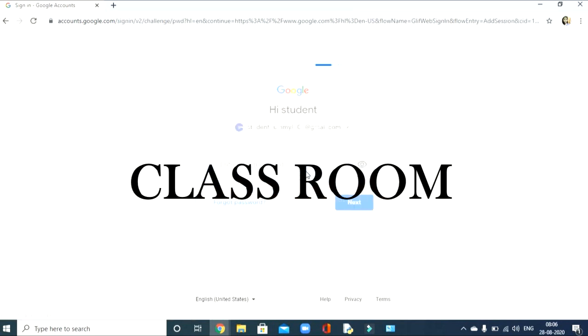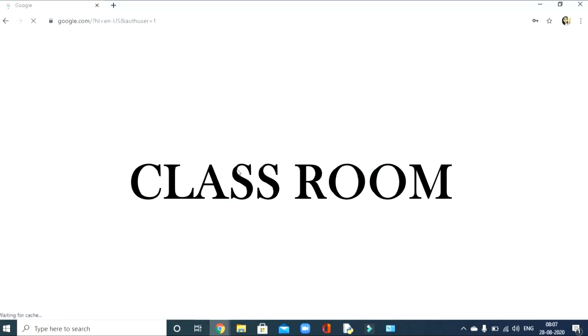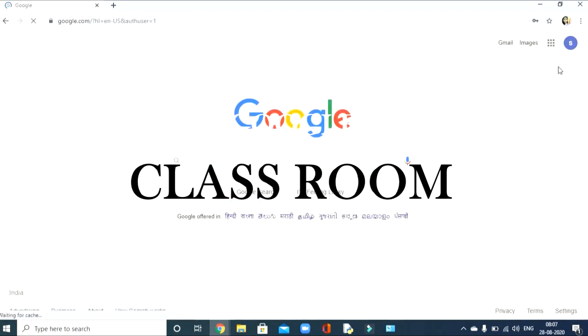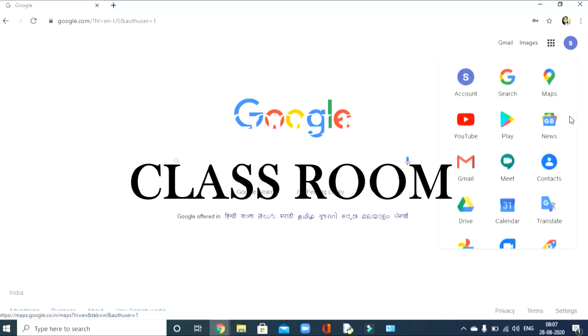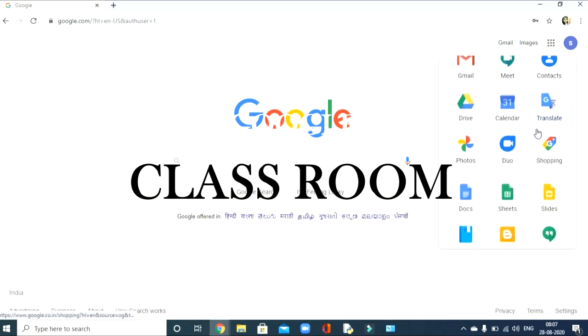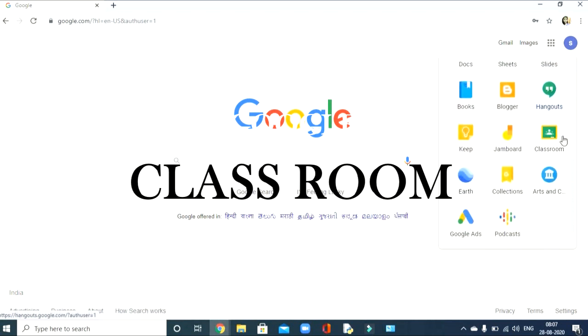I entered from this. You enter your own ID and password. Then at the top right corner, the square icon is there. Scroll down and double click on Classroom.